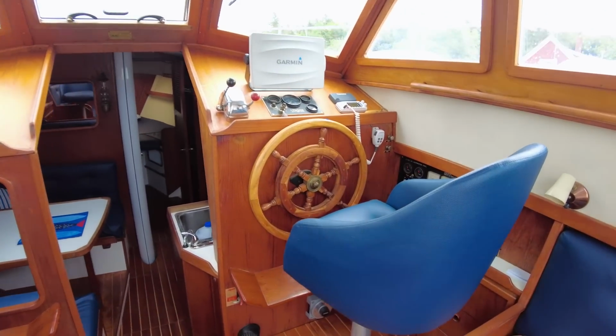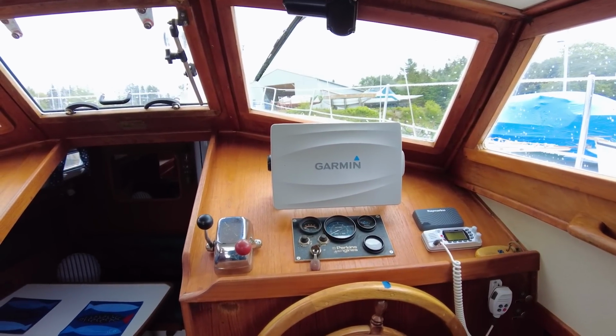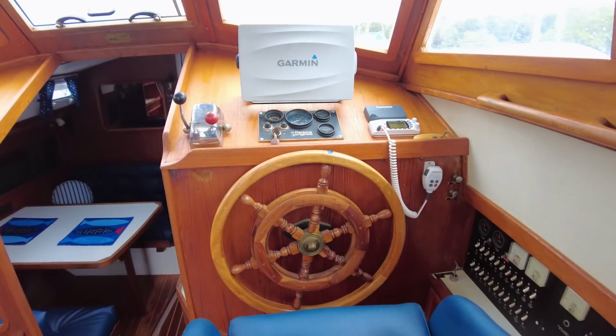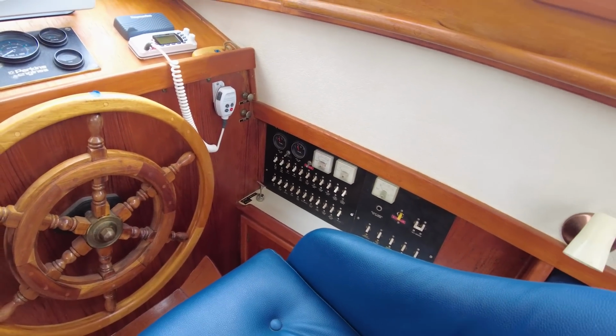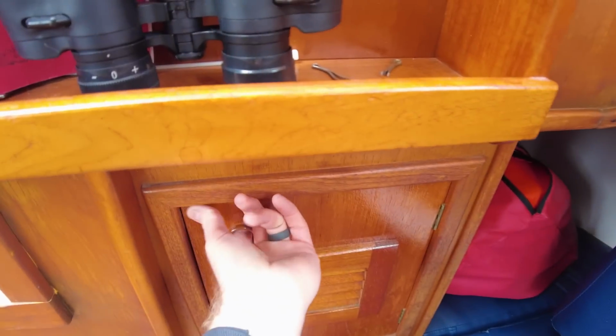I love it. Look at this helm station. Big Garmin screen right there for all your electronics, your instruments, navigation, distribution panel right there. So back here, got access to